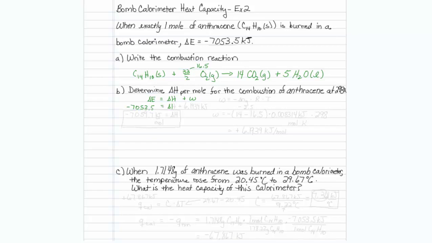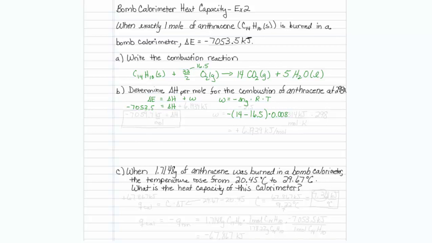So, if we could just figure out work, we could solve for delta H. Work, you may remember, is equal to minus delta nG RT. So, delta nG for our reaction has to be equal to 14 minus 16.5. So that would be a minus 2.5 moles of gas per 1 mole of anthracene